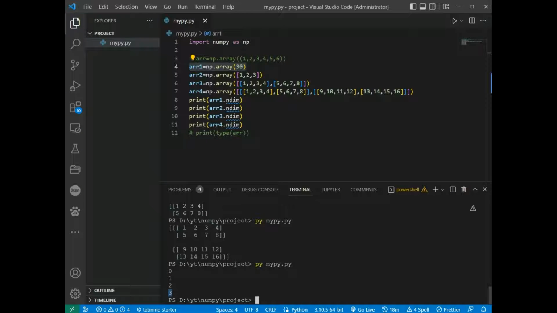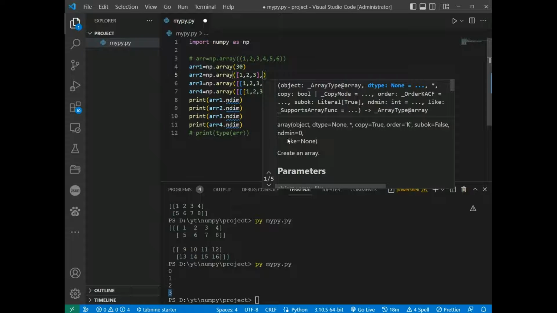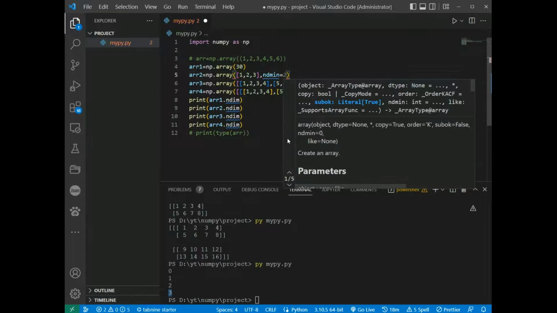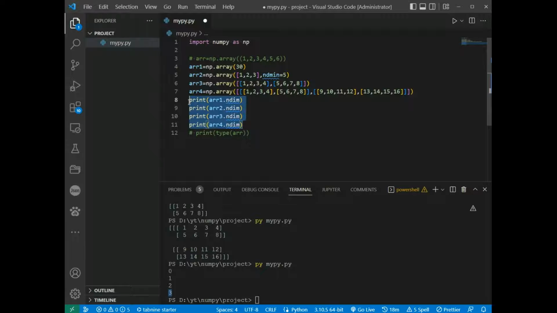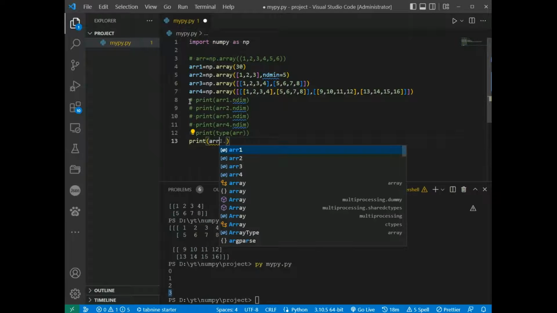Higher dimensional arrays. An array can have any number of dimensions. When the array is created, you can define the number of dimensions by using the ndmin argument. So in here I set the ndmin to 5 and comment, and in here print array2